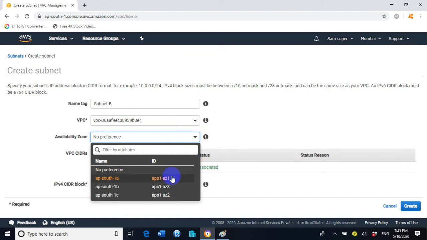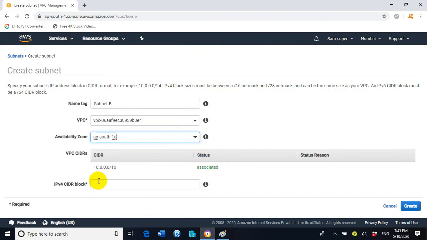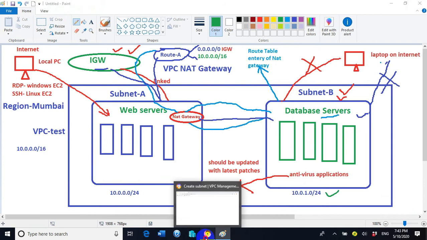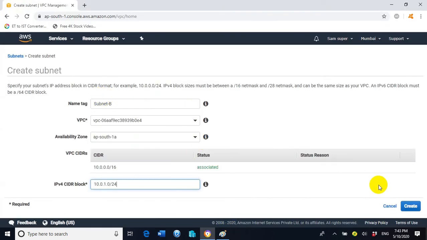Availability zone, I will select AZ1, and for IP version 4 CIDR block, I will type 10.0.1.0/24. As you can see in this picture, 10.0.1.0/24, exactly the same subnet range I have assigned inside the portal while creating subnet B. So we are going exactly as per the planning, in the right direction. Now click on create.